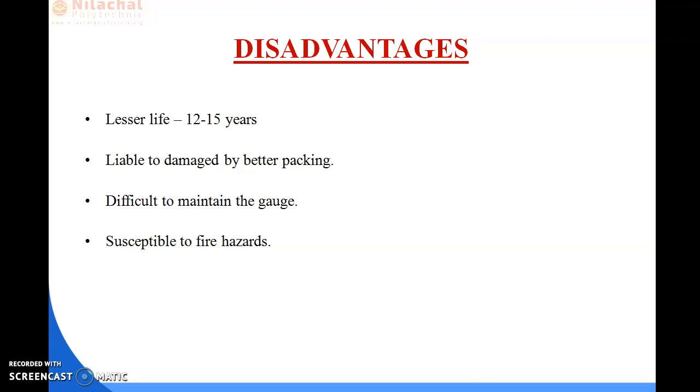Whenever we pack the ballast while using this wooden sleeper, it will crack, and it will not be packed properly. The next one is that it is difficult to maintain the gauge. And it is susceptible to fire hazard, because wood is a good fuel for fire, so it catches fire very fast. So these are the disadvantages of the sleeper.